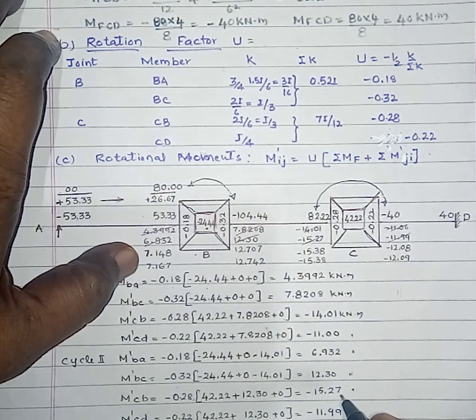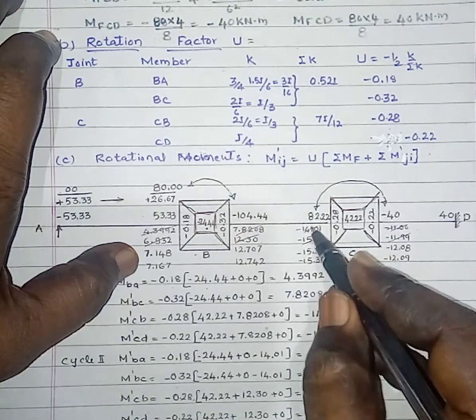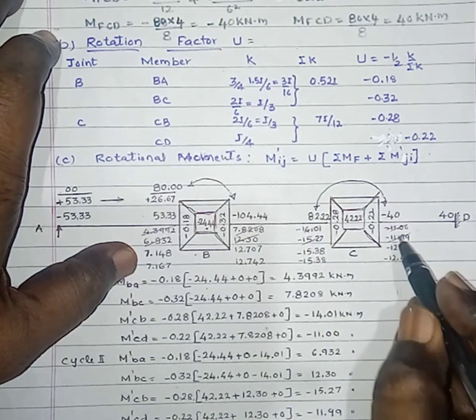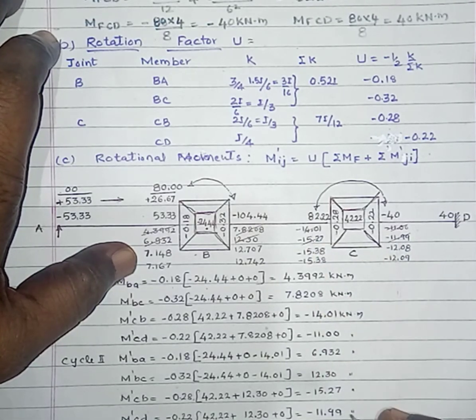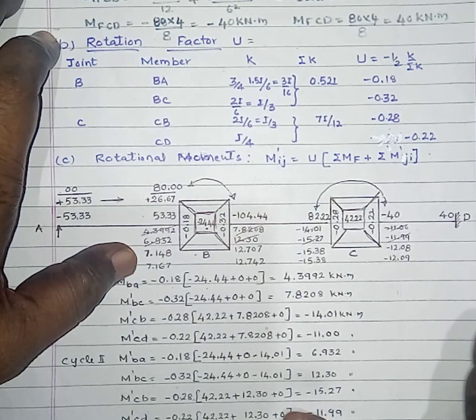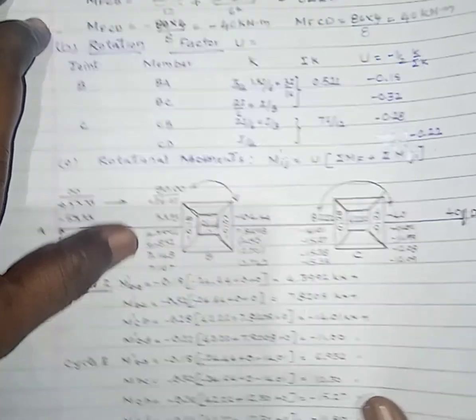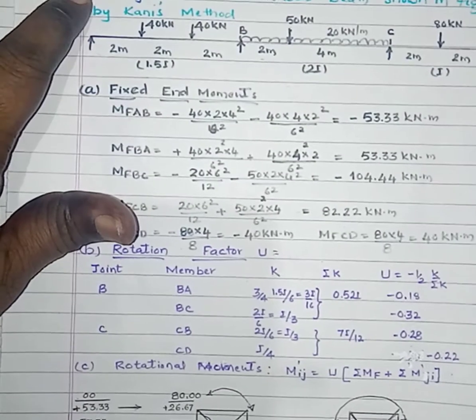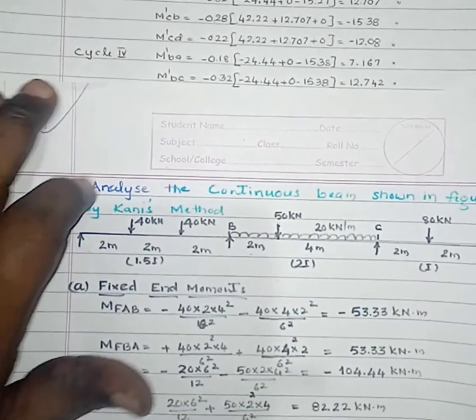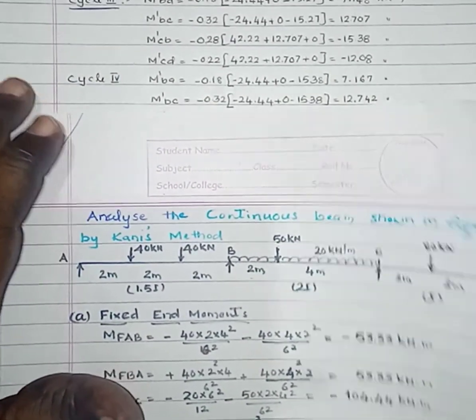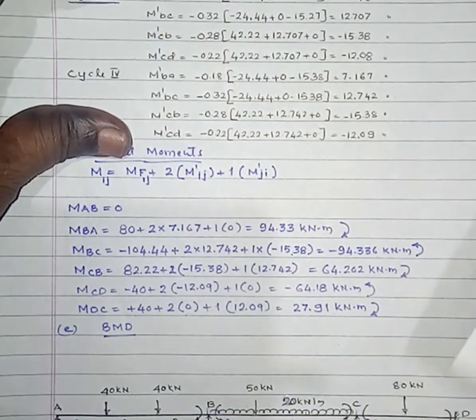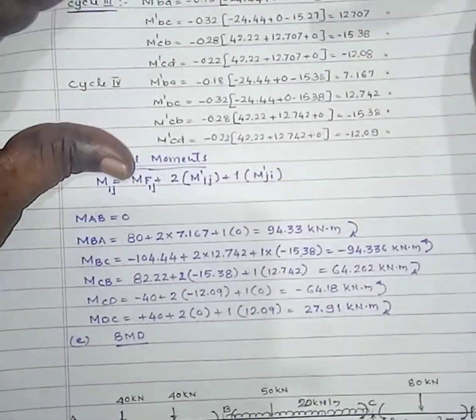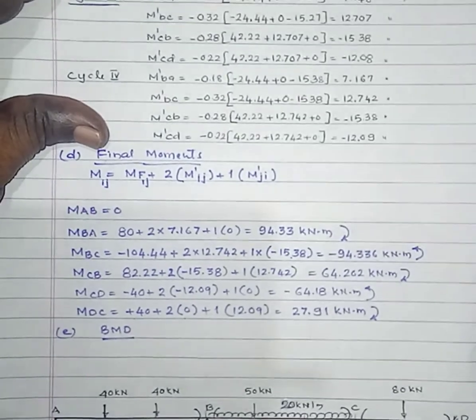For CB, that is 15.27, by cancelling the previous cycle values, and then minus 11.99 for CD. Similarly, repeat the iteration process in the third cycle. That is, in the third cycle, m dash BA is given by